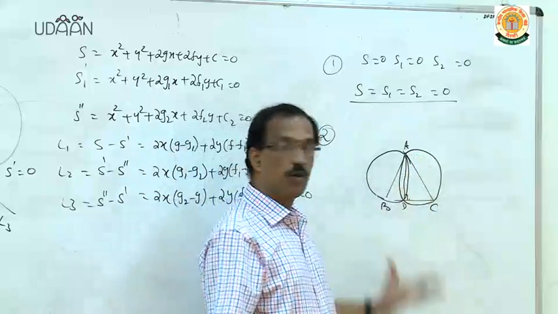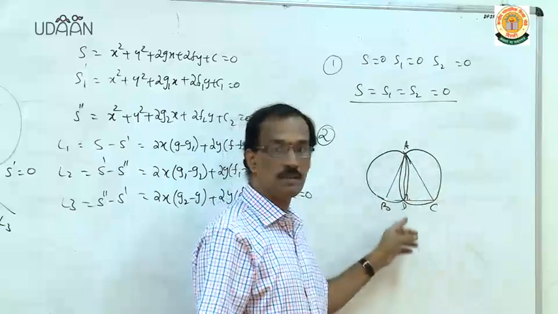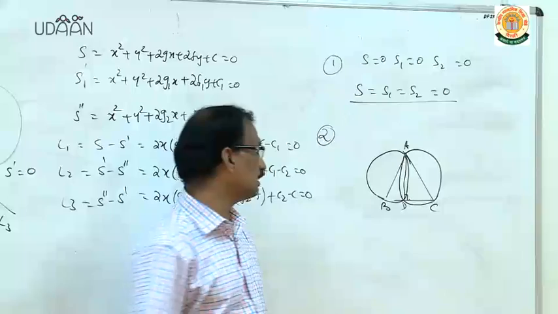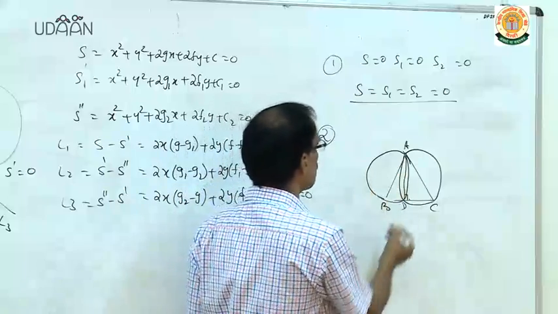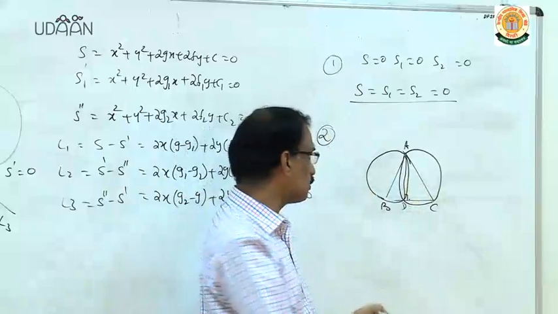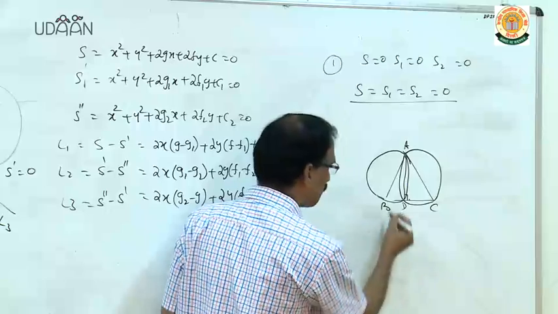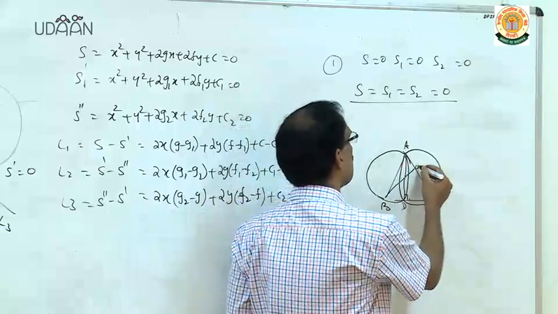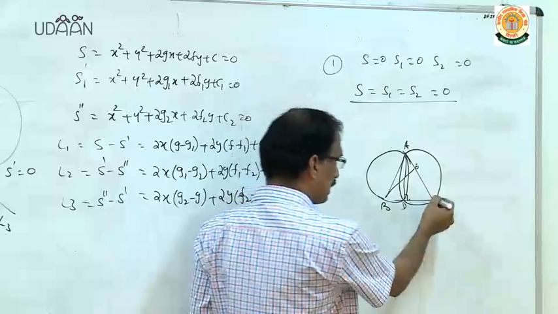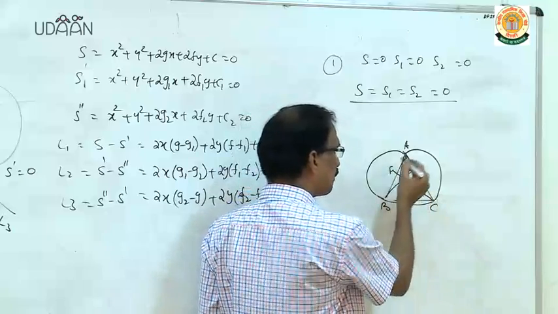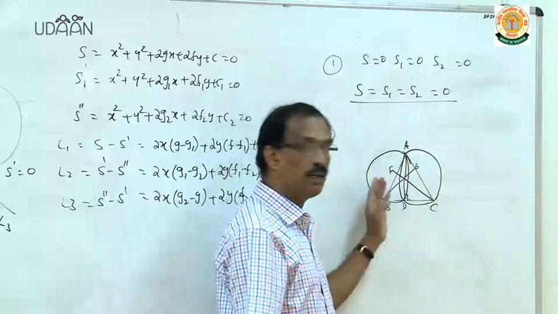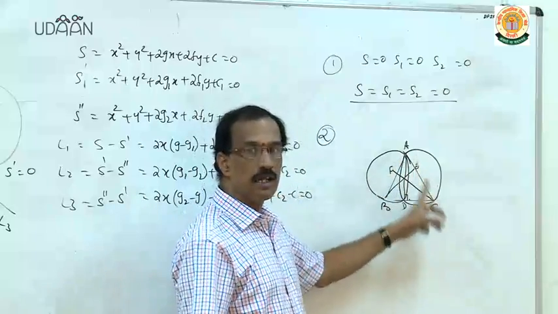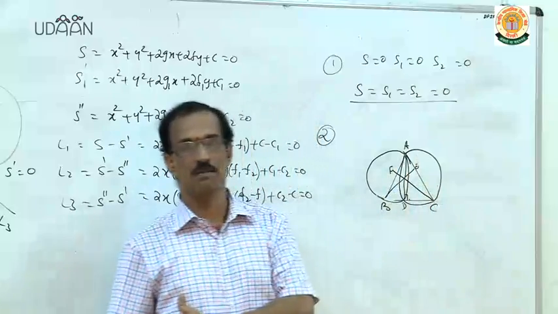If you are drawing these two circles with diameters, then the orthocenter, that is the radical center, will lie on it. So, in this case you have AD as the altitude. Similarly, if you draw with BC and AB, then you will get BE as another altitude, and CF as another altitude. So, in a triangle, if you are drawing the circles with AB, AC and BC as diameters, then